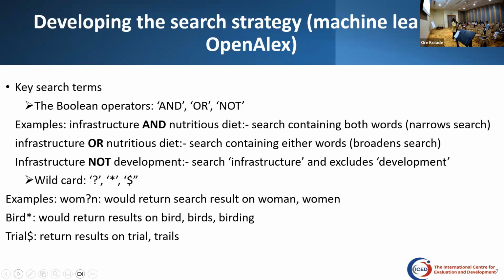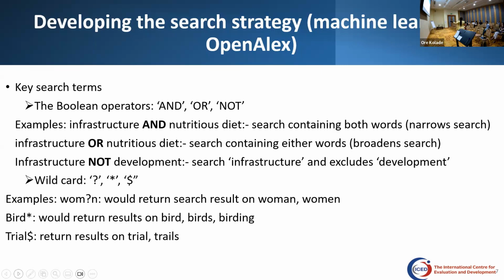And in developing search terms, there are some Boolean operators we all use. I'm sure most of us are familiar with these operators. We have the AND, the OR, the NOT. Because of time, we would have loved you to practice some of these search terms and see how many results or feedback you get from these search engines. So you could try and enter infrastructure and nutritious diets in Google Scholar or Google. You realize that it will give you, let's say, about 1 million results. But you may also want to